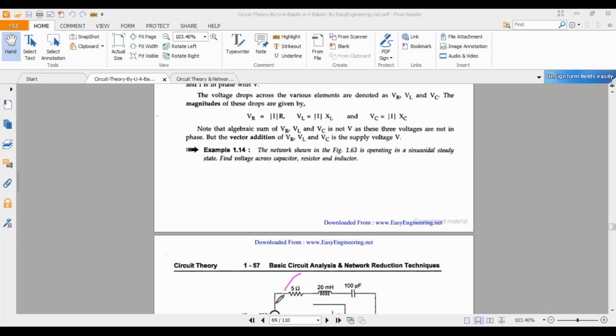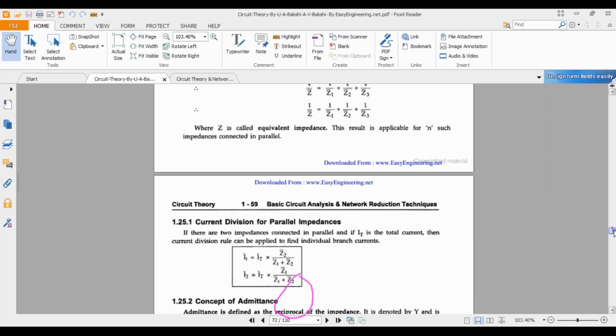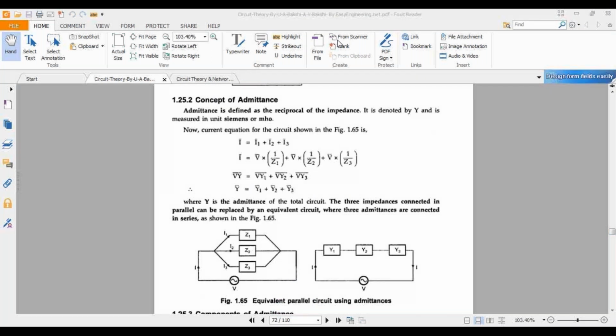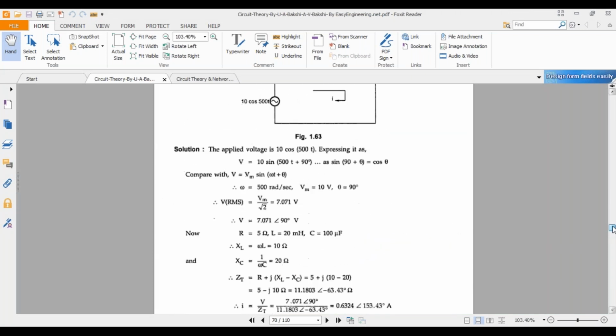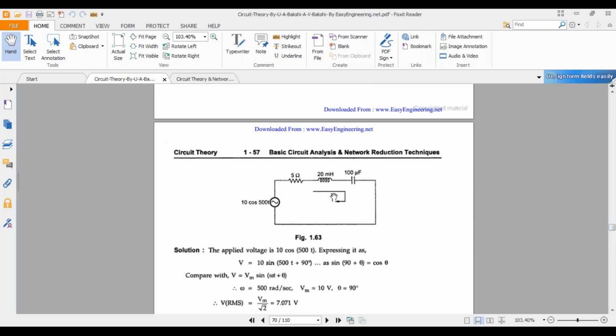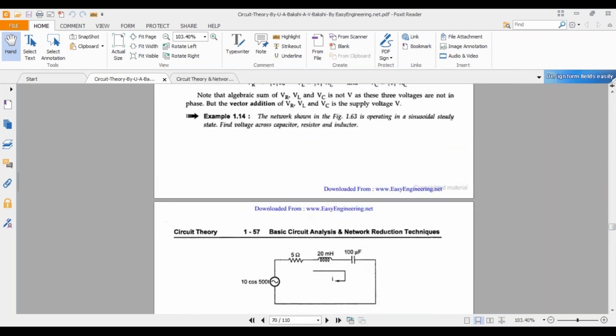Okay. Now for this circuit, we are going to be drawing some circuits here. So for this circuit, we will try to solve this problem now. This is a series RLC circuit. For the series RLC circuit, we need to find out the sinusoidal voltage across the capacitor, resistance and inductance, where